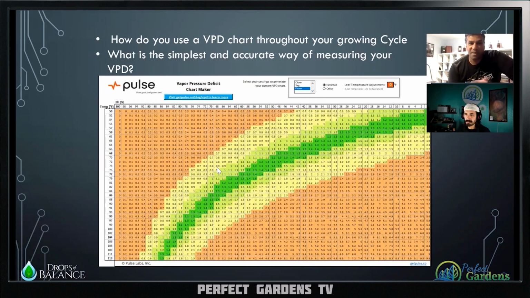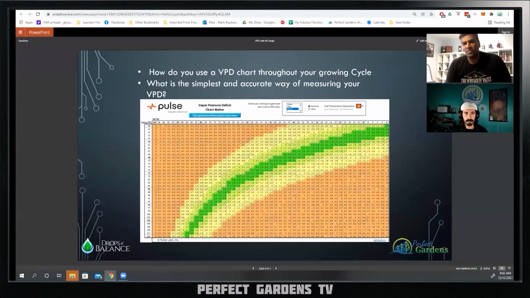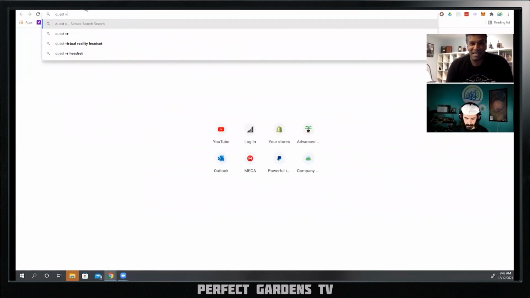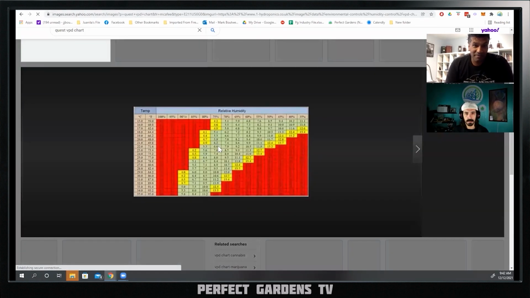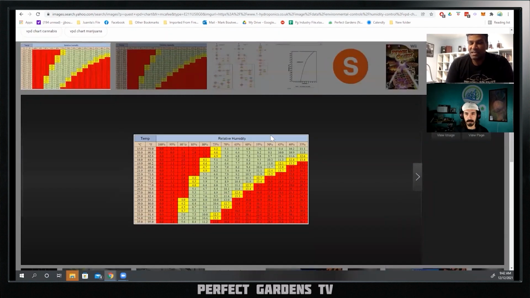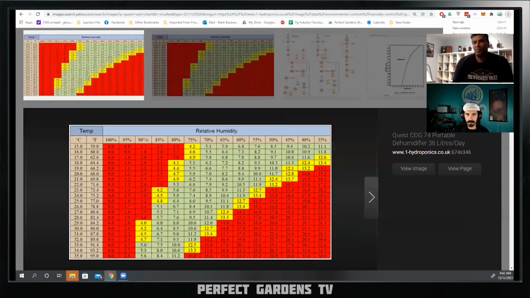Right. I'm not overly familiar with this particular chart from Pulse, but I assume they do controllers? They do controllers, exactly. And this might be a bad chart. I could probably find another one you like. No, there's one that I often use through Quest, the folks who come out with dehumidifiers and whatnot. But that's fine. That chart from Pulse was probably good. It looked like it had a VPD calculator as well. I know that Fluence has one as well. It is nice to find somebody who has done a bit of work around Canada as well.